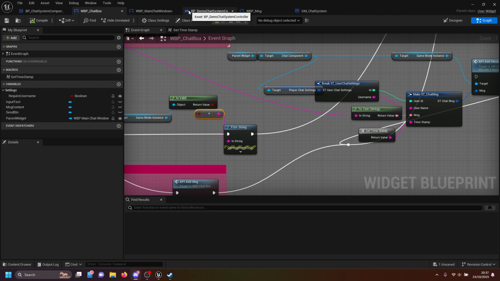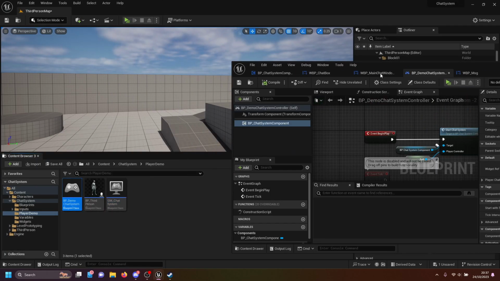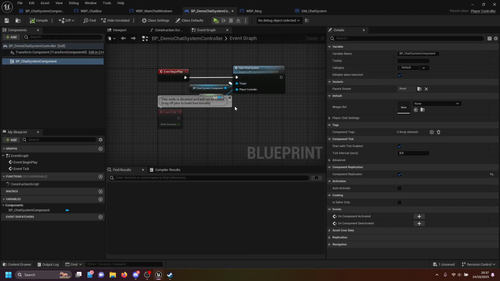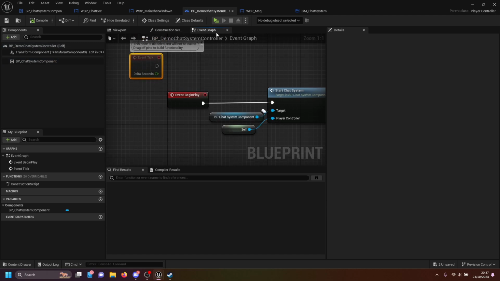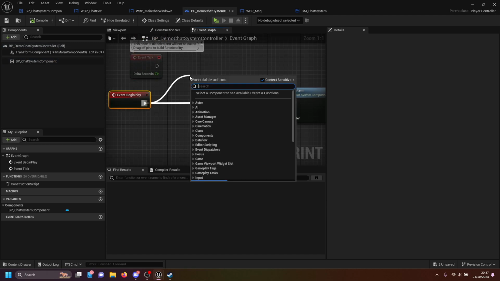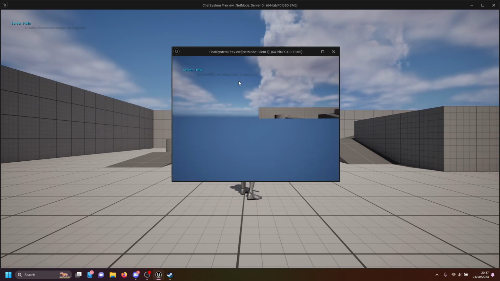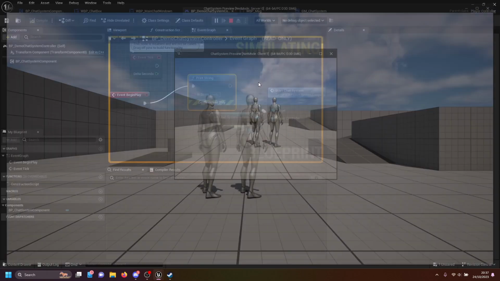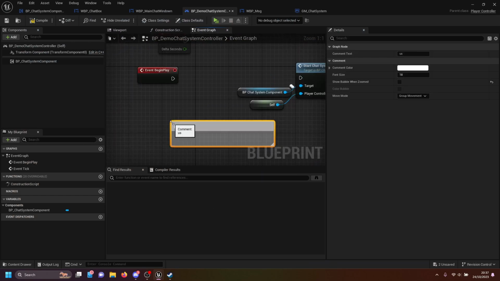complex, I would say. On the game here, if I open up the player controller, let me just open up my player controller chat system here. Now what we can actually do here is that we have the begin play event, right? And if I'm not mistaken, the begin play event always runs on a client, I suppose, or on server. Yeah, as you can see, it runs on the server. So what we're gonna do here is create a custom event,